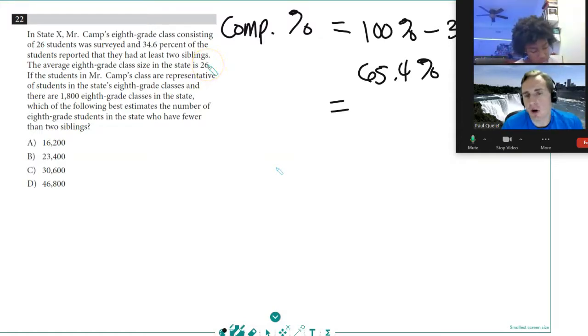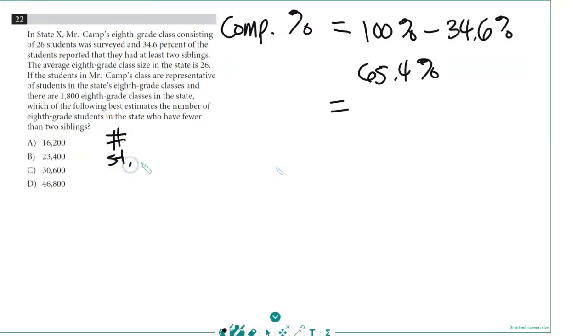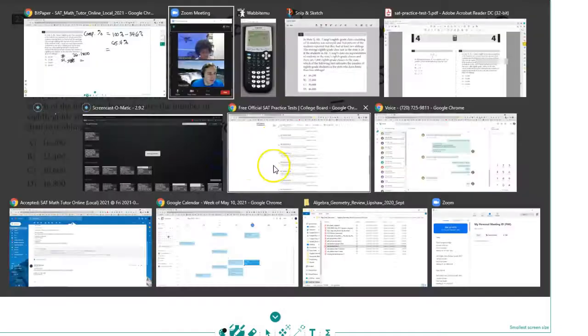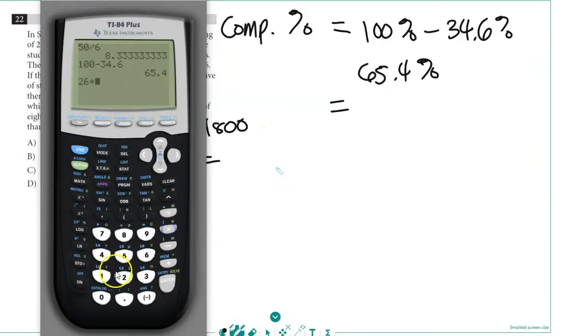I mean, here's the deal. Once you get this percentage of the complement, you can probably just multiply it by the total number of students in the state. There are 26 people in a class, and there are 1,800 classes in the state. So the number of students in the state is 26 times 1,800, first of all, right? So 26 times 1,800, that's